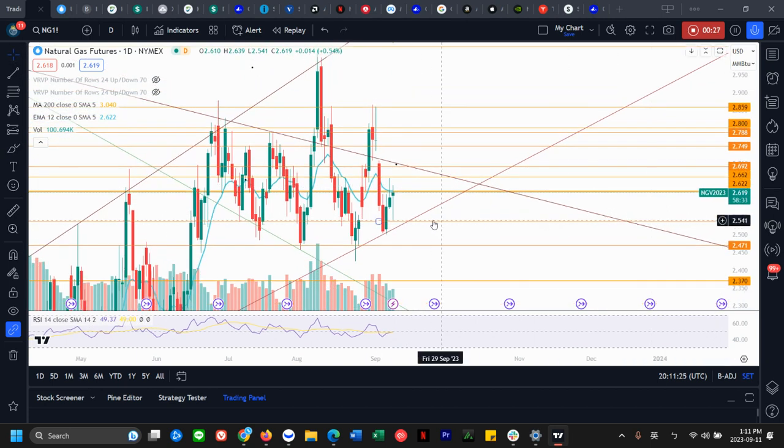So natural gas is looking decent today. It wasn't looking great in the morning, but we back tested it and we bounced. So that's a good sign. So right now, because of this candle that we went below the prior candle, that meant daily consolidation is on its way because we're on the daily time frame.